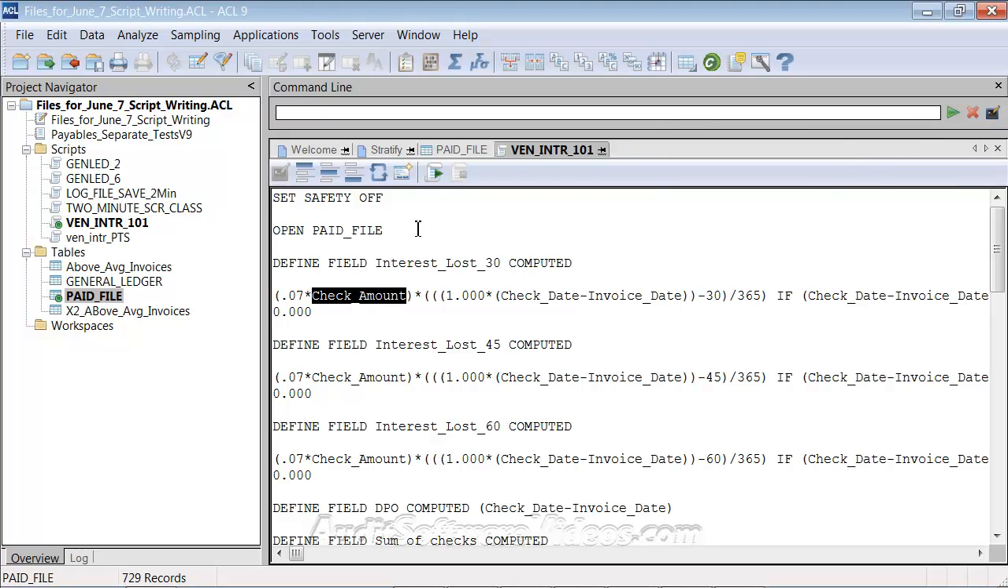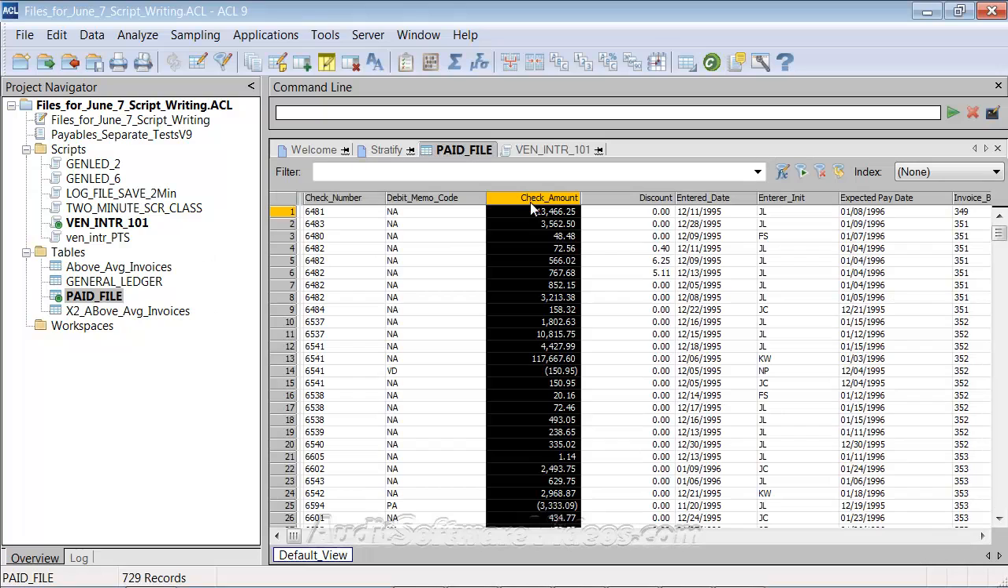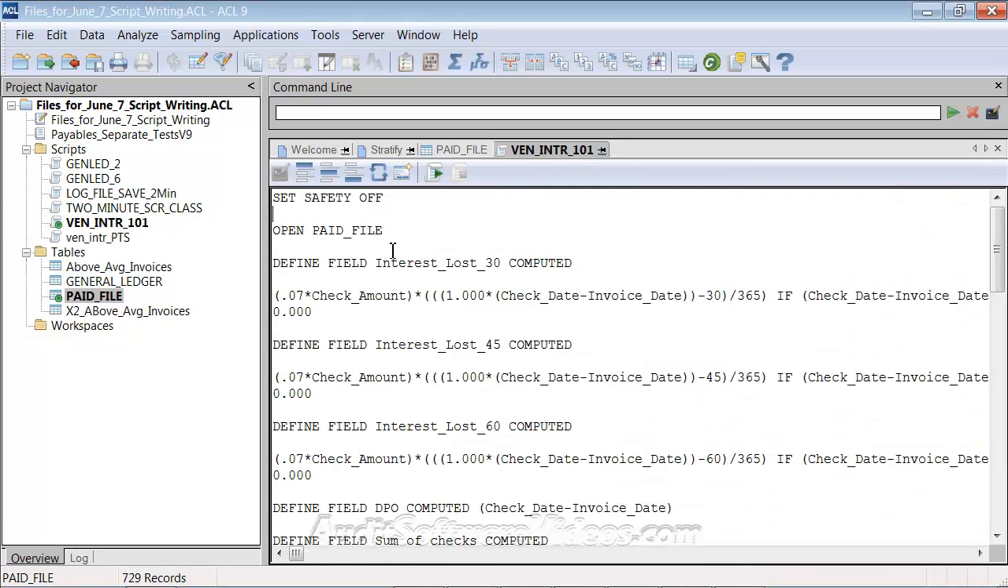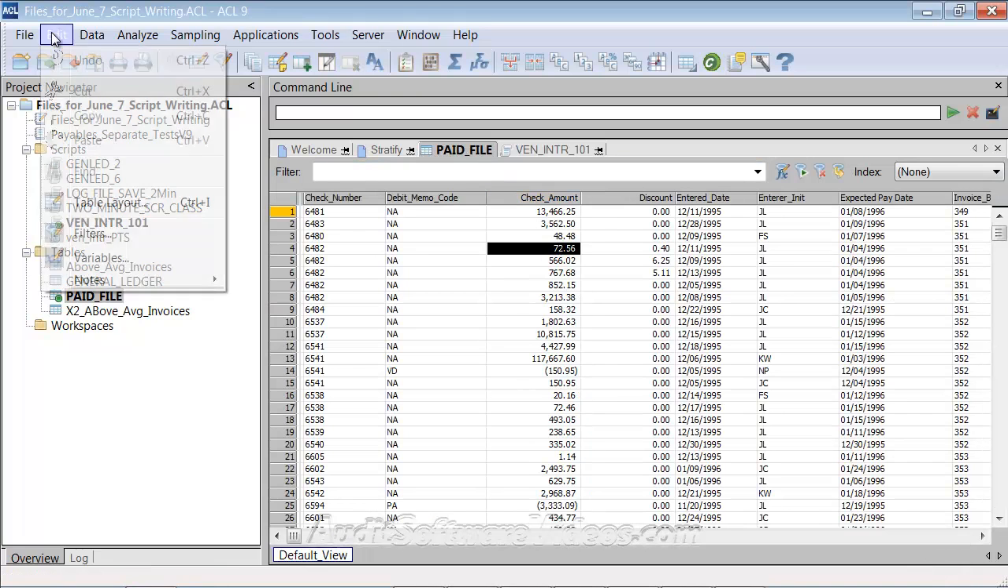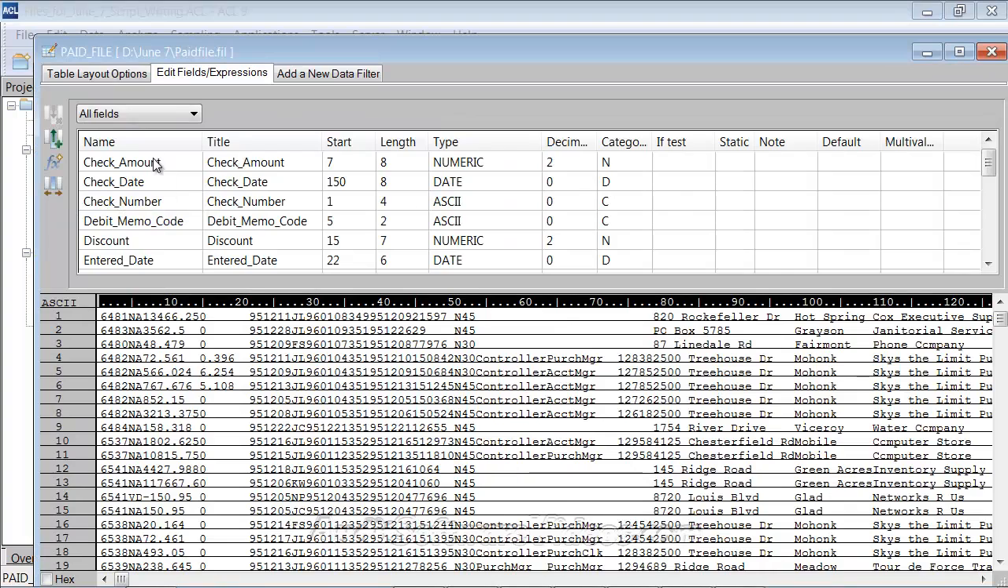So if you're sitting here and saying, well, I don't know why you'd want to do this. Personally, I think it's easier to change the field's name that you're using as opposed to changing it in the script. Another thing that you could do, and what we used to do, is let's say this was called